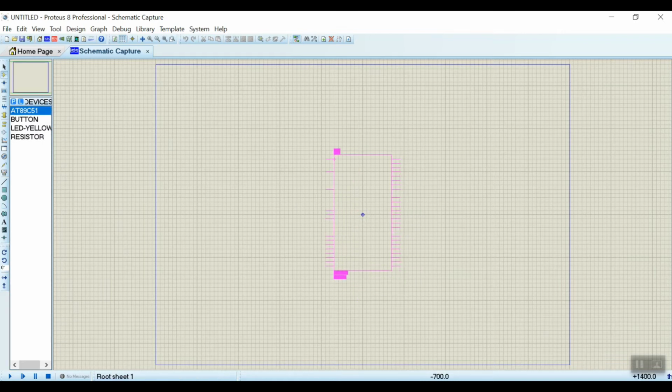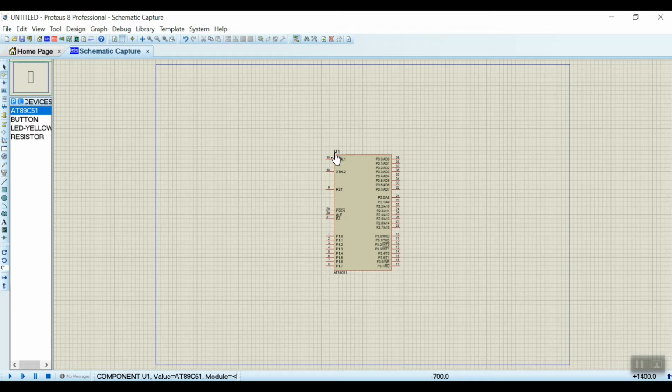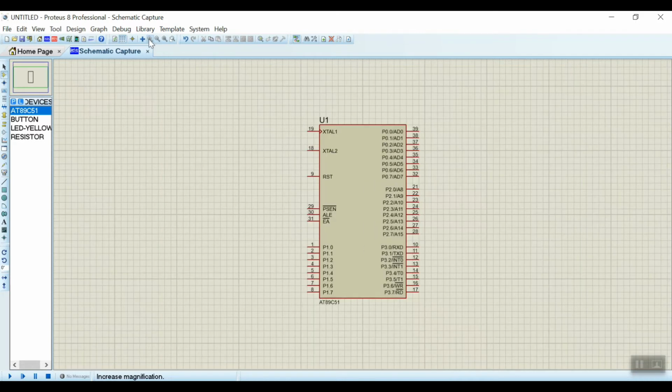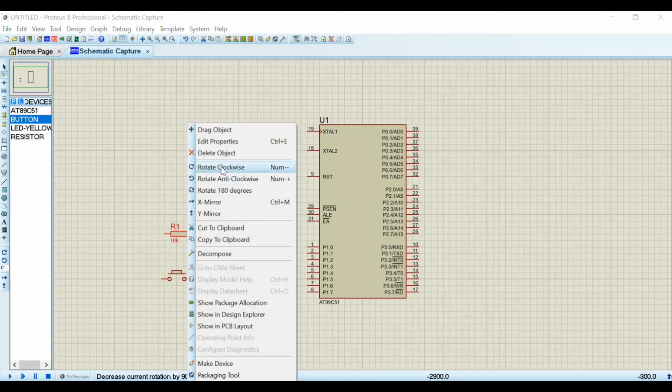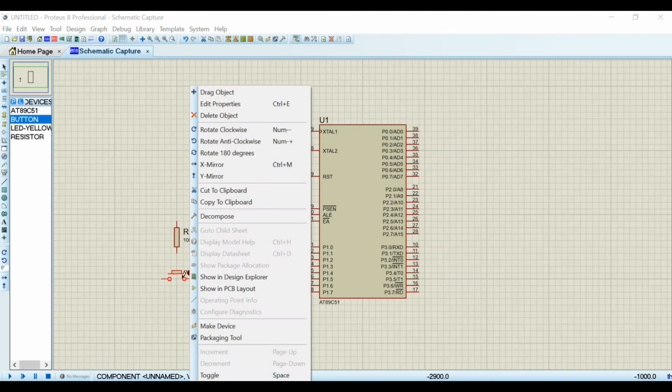First, this is my microcontroller. Let me zoom it. Let's first take the resistor. This is a 10K resistor and this is the button. So what I'll do, I'll rotate these two.